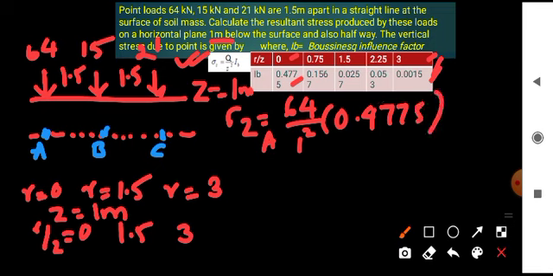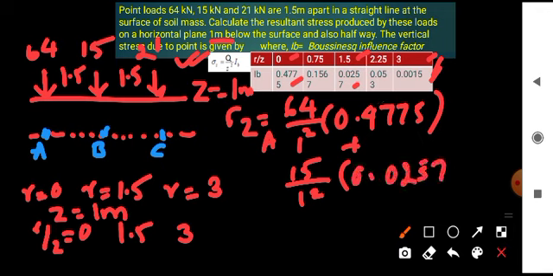So this one plus the second value, which is 15 divided by 1 square into, the value is 1.5. So 1.5 means this value we have to refer, which is nothing but 0.0257, right? Plus the last value is 21 divided by 1 square into,